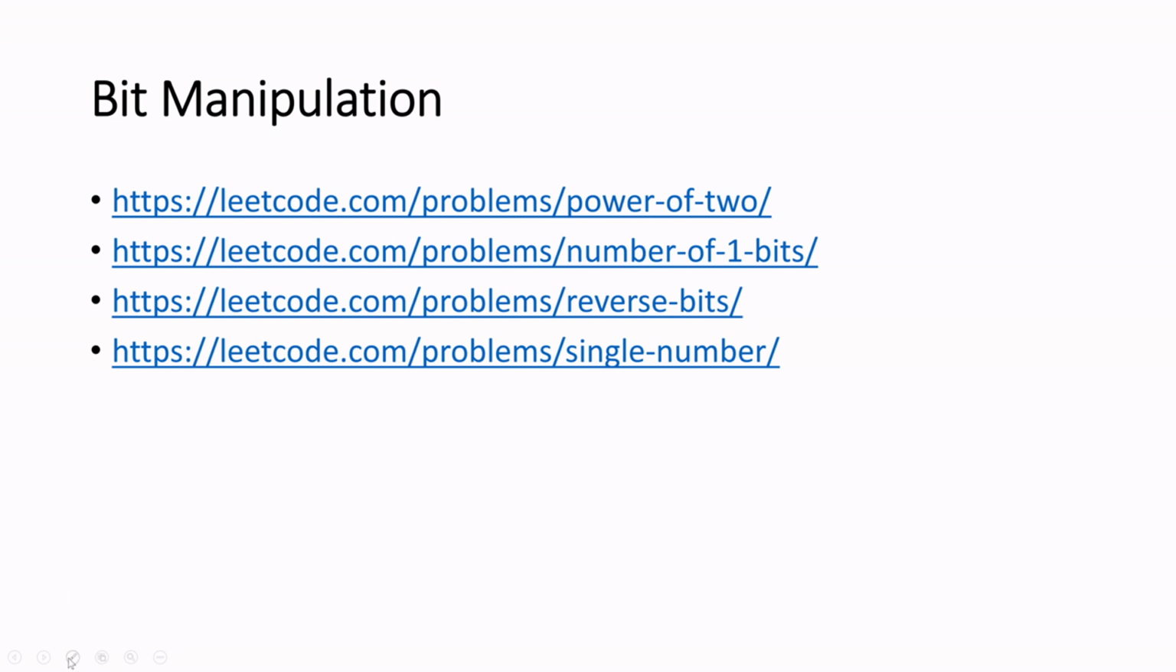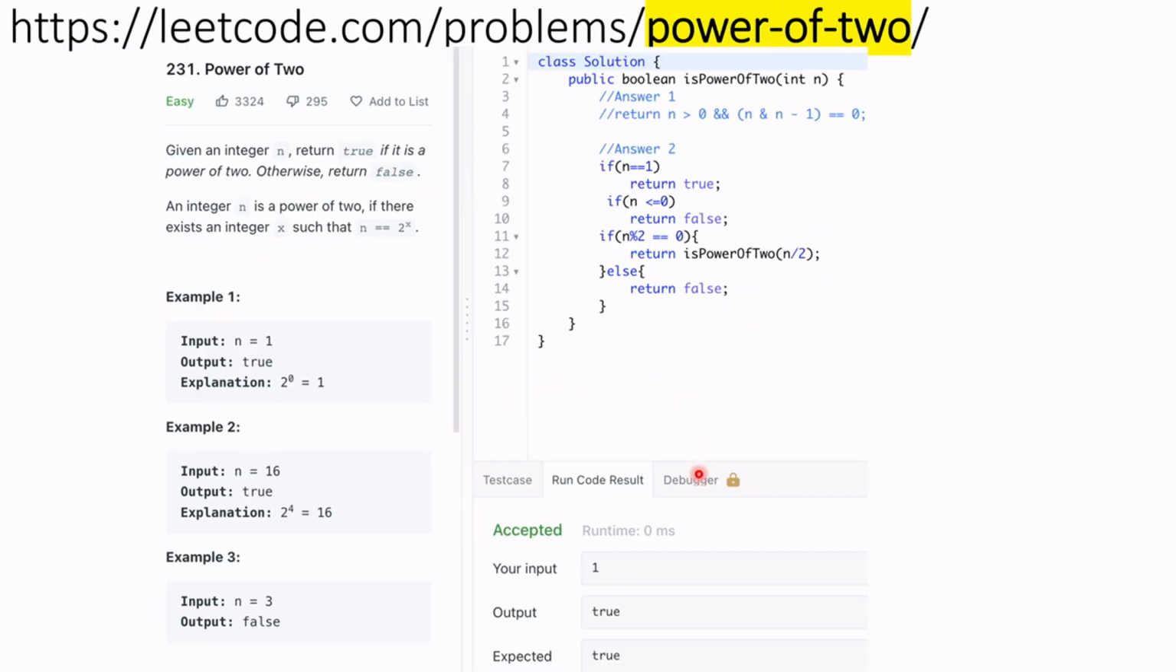So today we are going to understand bit manipulation questions, in which we will understand some of the questions like power of 2, number of 1 bits, reverse bit, and single number. This is coming from bit manipulation, and that is very important for interviews. And we have to understand the first question, power of 2, which you can see is a very easy